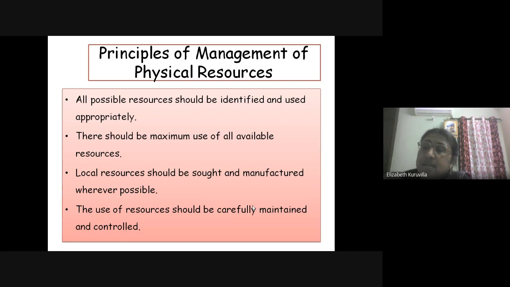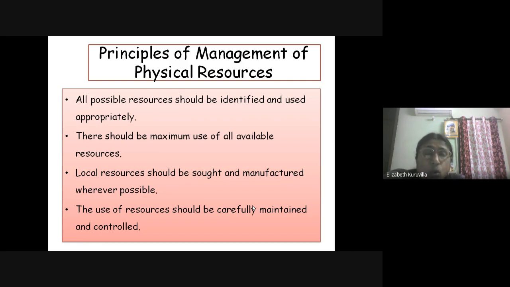Sometimes there may be a little wear and tear on the resources, but yet we have to try to maximize the utilization of the available resources. For example, if we have damaged furniture, we should not go for a new one. We try to maintain it; repair and maintenance is needed for the existing resources.